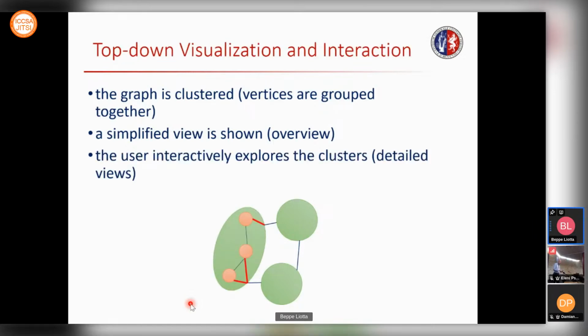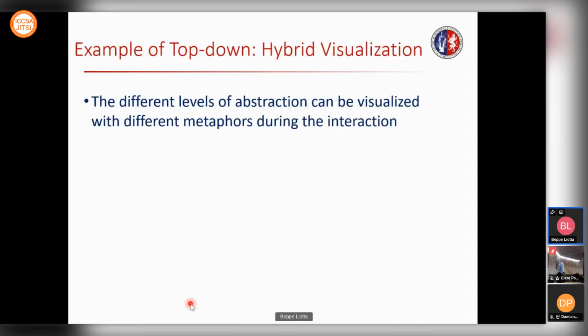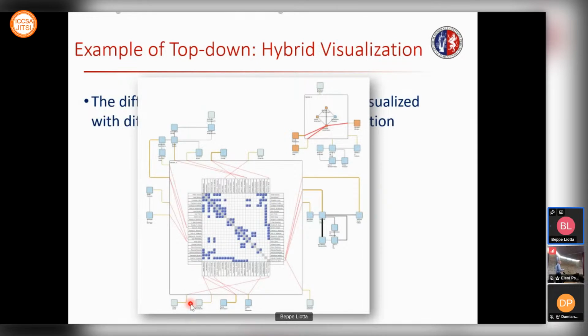And the representation paradigm, the metaphor that you can use for the exterior, can be different from what you use in the interior. And this, in fact, suggested back in 2007 so-called hybrid visualization. In a hybrid visualization, this is a large authorship network. In a hybrid visualization, you have that these rectangles here are clusters of co-authors. And then when you expand the cluster, you can have a different